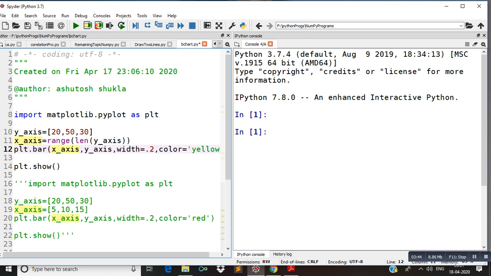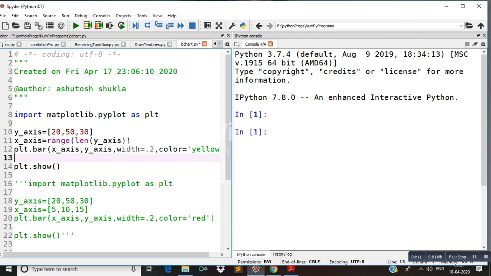Next line, plt.bar. Bar is a method of this library. Using this method we can create a bar chart. Here we have to pass both the values of the x-axis and y-axis: x-axis comma y-axis comma, next parameter width is equal to 0.2.